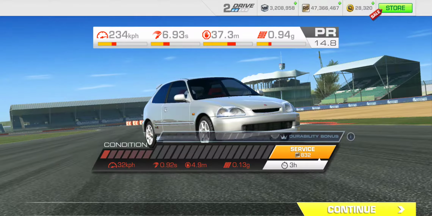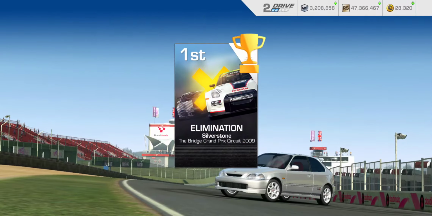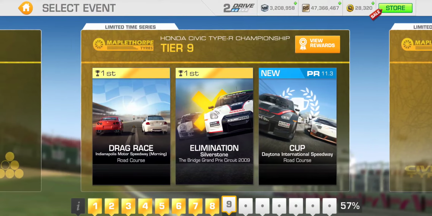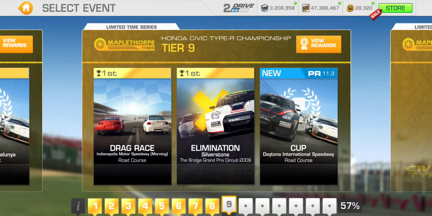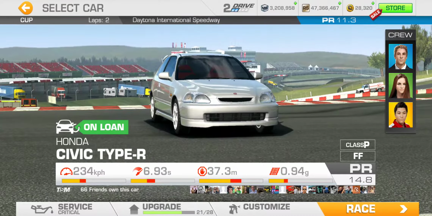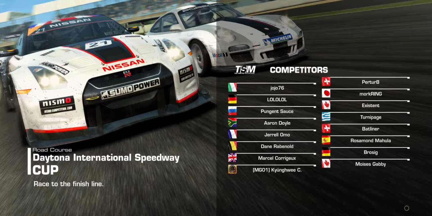And, ooh, that is more service bars I wanted to take out than I wanted to see, but all right, we'll wrap up this tier and get it in service. And speaking of wrapping up tier 9, it's going to be with the Cup at Daytona road course, PR 11.3. We'll need 2 laps here, so of course it's going to be a rolling start,